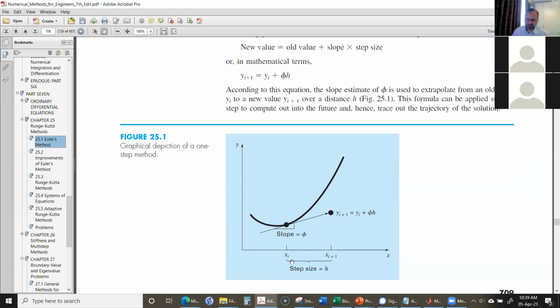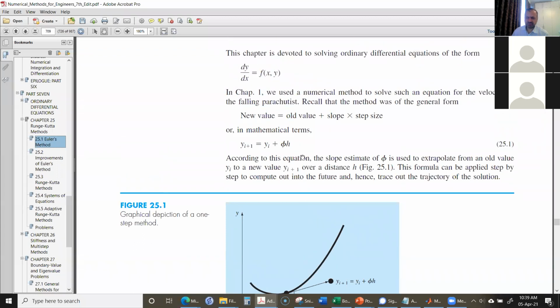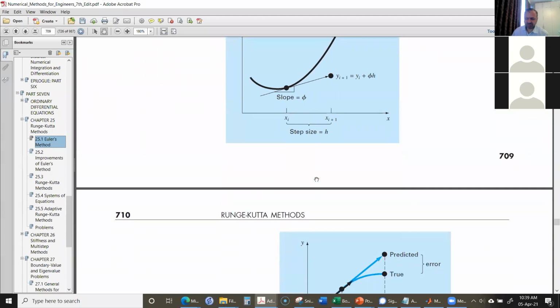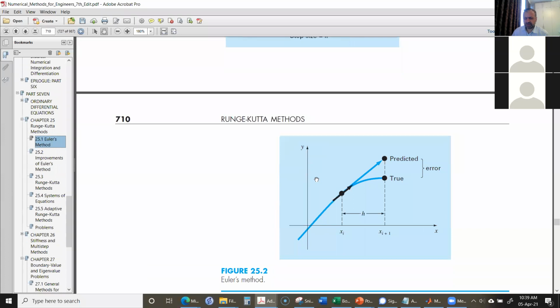Say if the initial point was xi, the next point will be xi plus 1, and that point on the slope will be a new approximation for the curve. So this gives rise to a family of methods which starts from